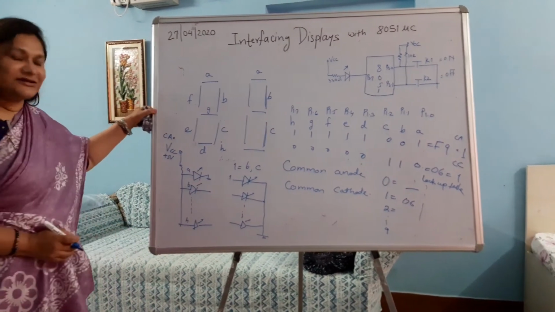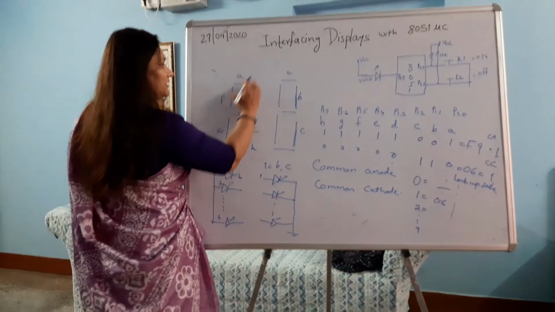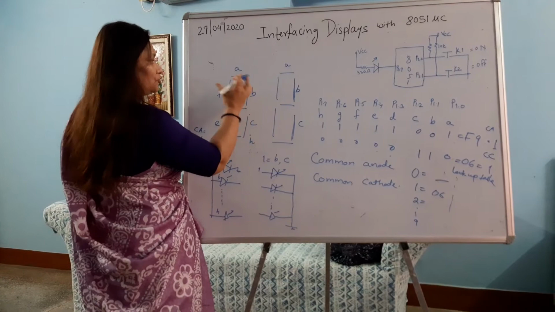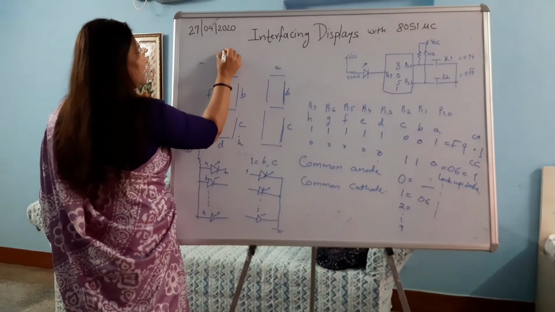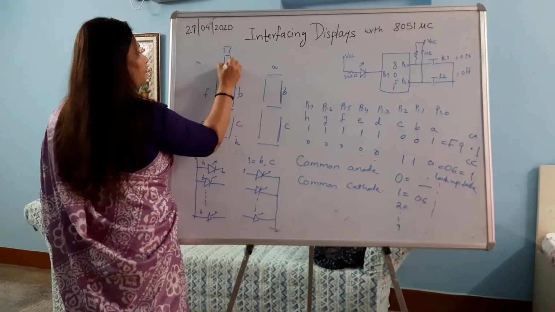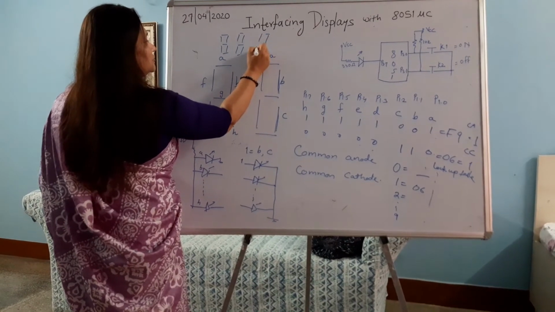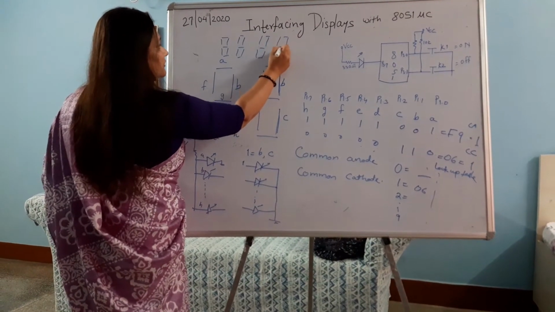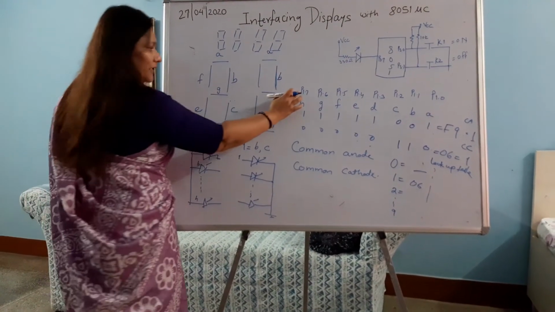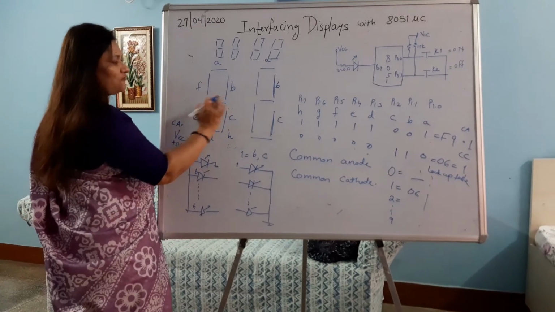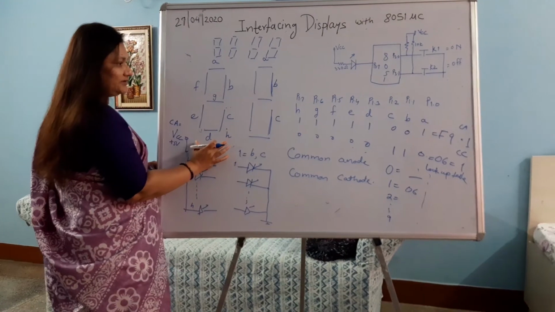In the next class we will see how multiple 7 segments are connected to one port. Suppose you want to build a real time clock. A real time clock means you will have 4 displays, 2 for hours and 2 for minutes. So if I connect this, these are 8 segments. 8 segments means if I am using port 1, then all 8 pins of port 1 will be used for one 7 segment display.